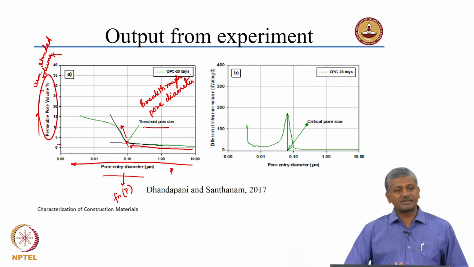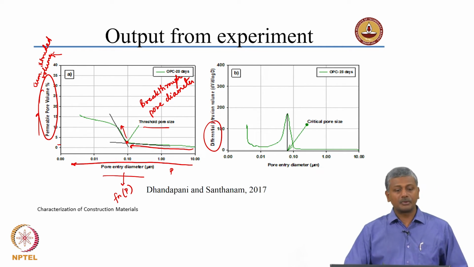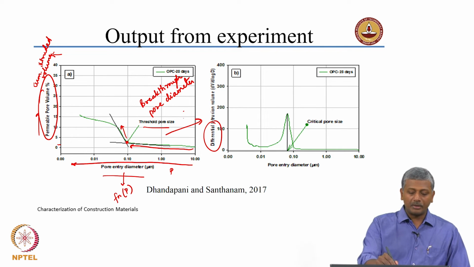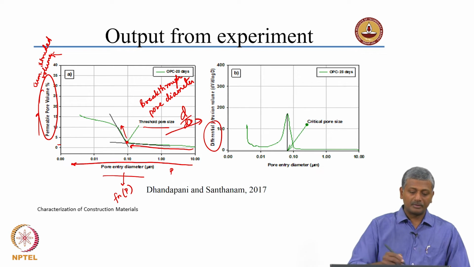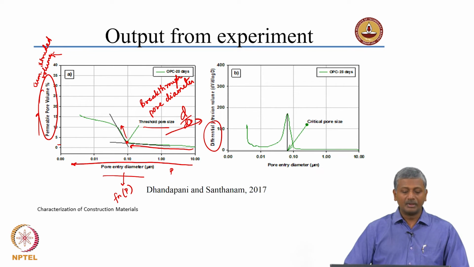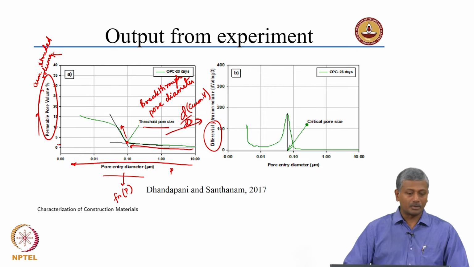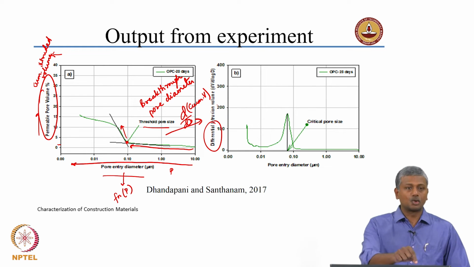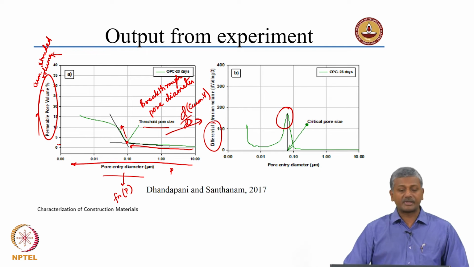But threshold pore size does not indicate the most likely diameter of pores that is present inside the system. For that, what you need to do is plot the differential graph. So, you take the same plot and do a differentiation, okay, d by d diameter, right. You do a differentiation of this cumulative volume and get this differential intrusion volume plot. So, all it does is actually measure the slope of this plot at any given point, and the critical pore size or most